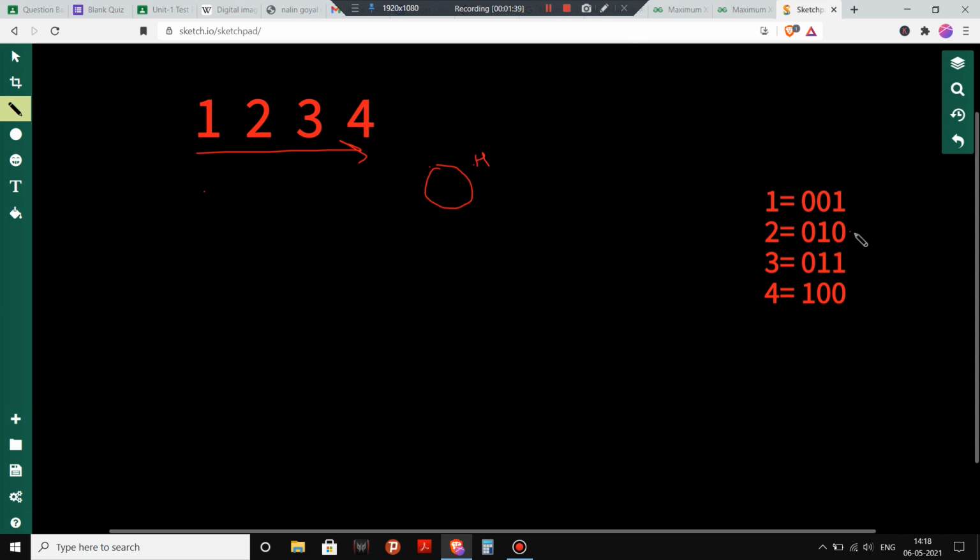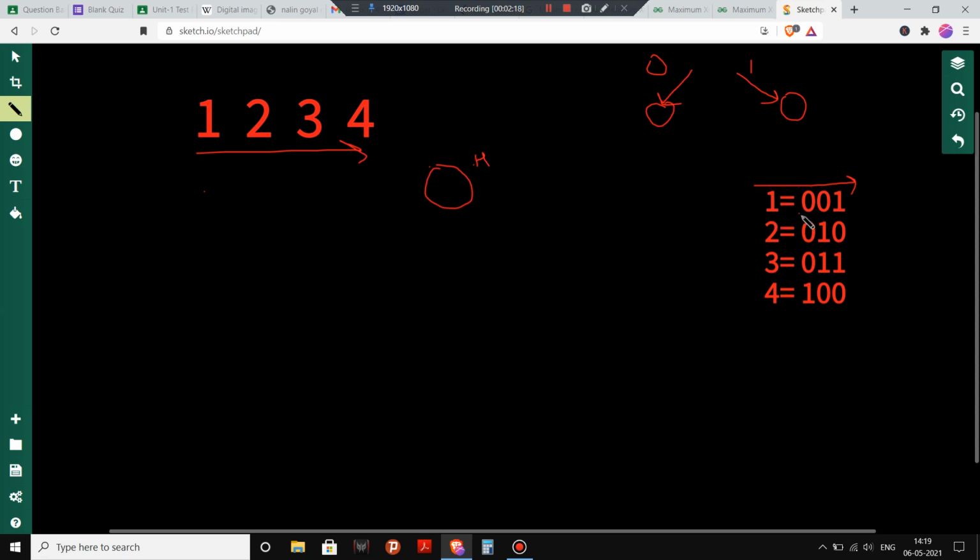We will iterate through the binary representation of each of these entries, 1 2 3 and 4, and if we encounter 0, we will go to the left part, and if I have my left child, then it's okay, otherwise I will create a left child. And for 1 I will go to the right part, and if I have a right child, then it is okay, otherwise I will create a right child.